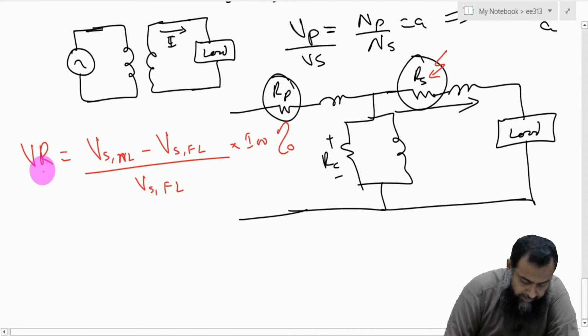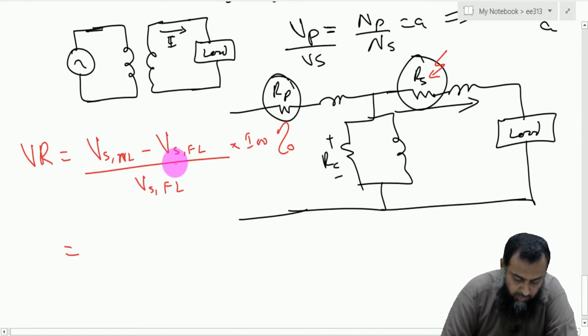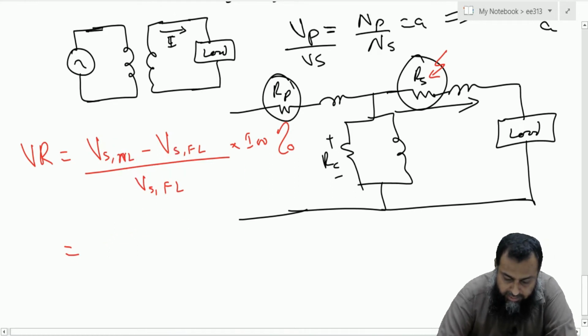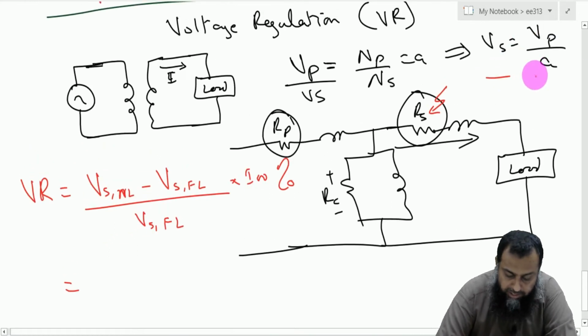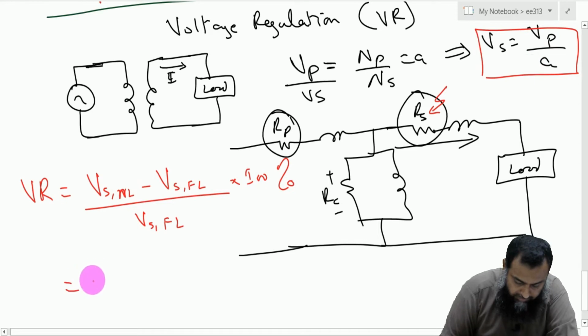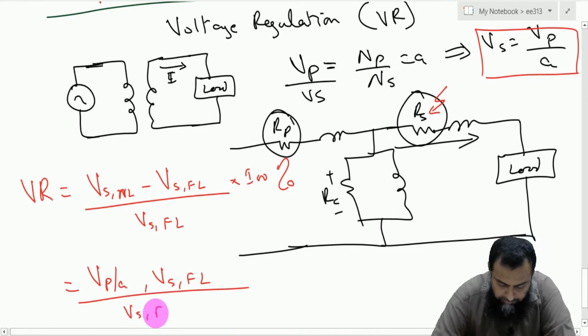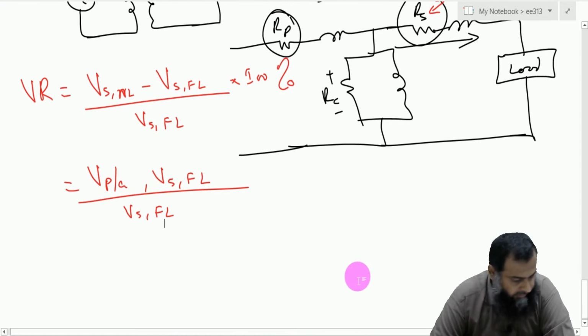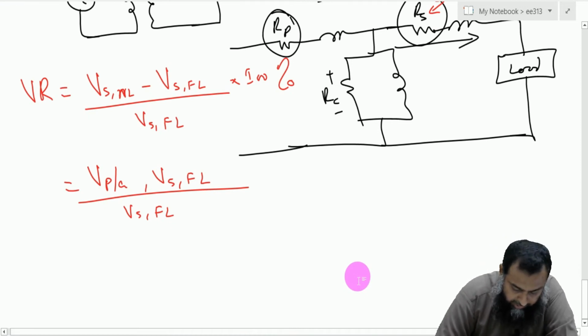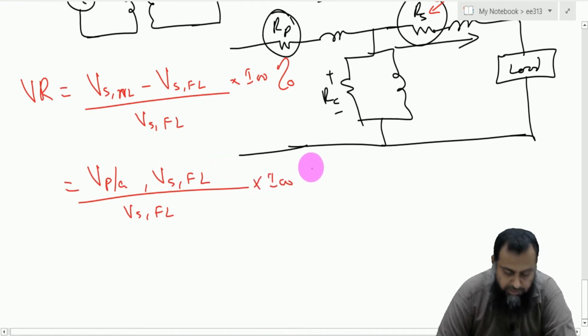Now we also know that this VSNL is equal to this Vp over A, and therefore we can also say this is Vp over A minus Vs full load, divided by the Vs full load, multiplied by 100, and this gives us another expression for finding the voltage regulation